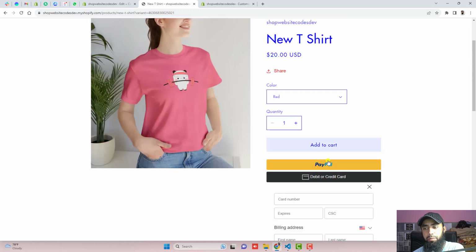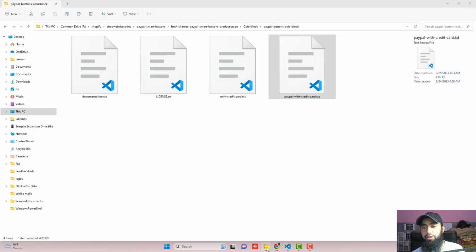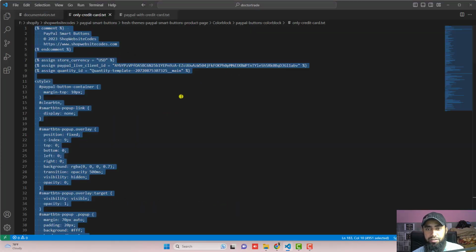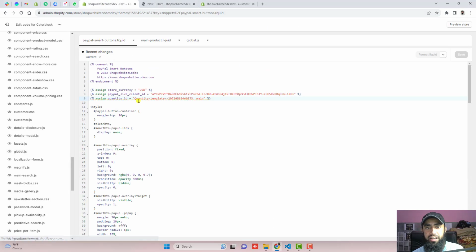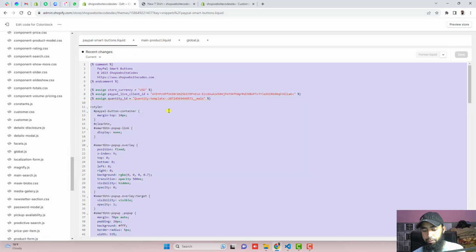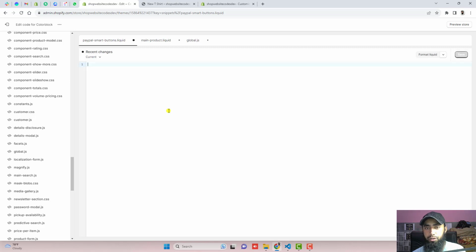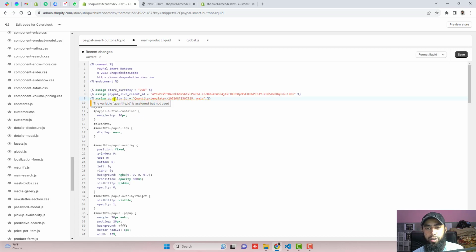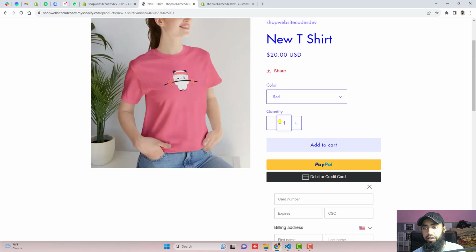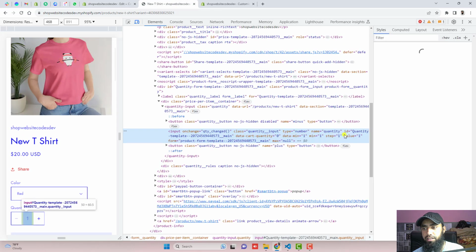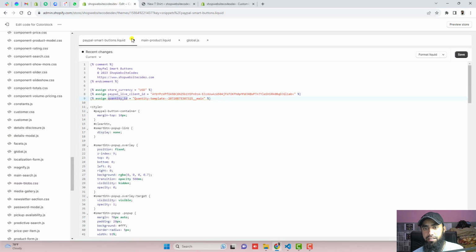In some cases people are not interested to keep this yellow button here. So how can they hide it? Actually, I have attached the code. You should open this file, copy this complete code and replace the code which is inside of PayPal-smart-buttons.liquid. So remove it and paste the new code. And one more thing to update is the quantity ID. So actually I have the quantity ID here. I have to copy this from here and paste that right here